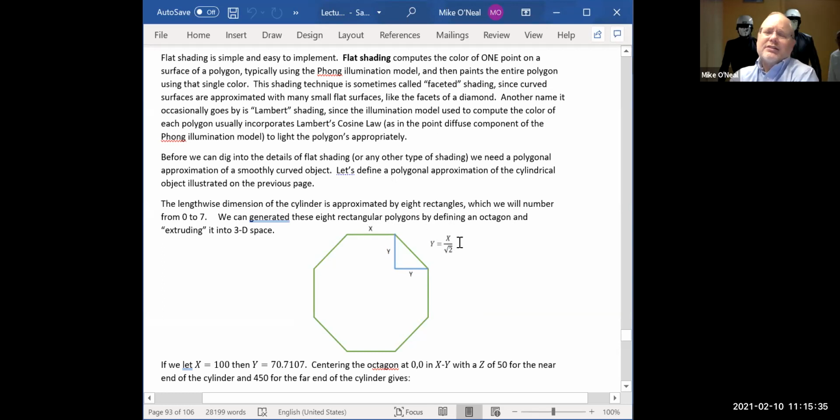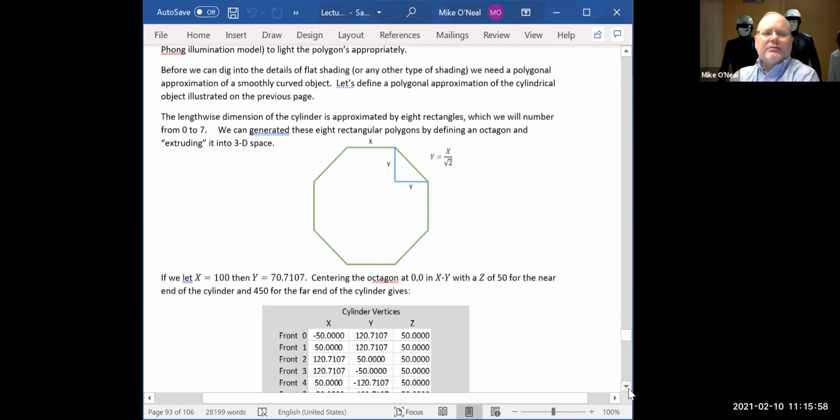It's just whatever x is, so 100 over the square root of 2 gives you the vertical y displacement and the x displacement. Yes, they're both called y because I'm computing that from the length of the edge here, which is what I'm calling x. So if we do that,